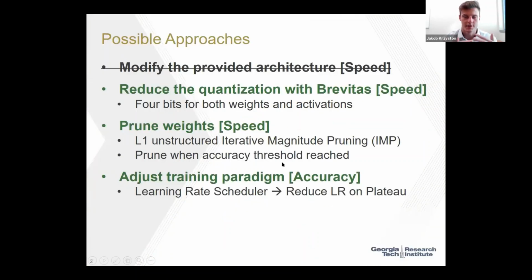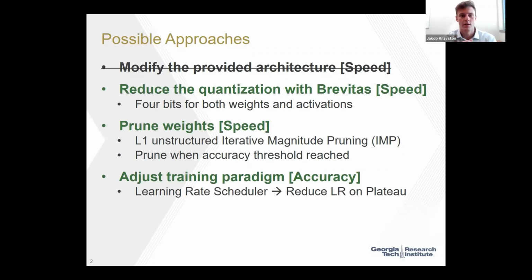So this whole competition is on the premise of balancing two variables, kind of speed and accuracy, kind of accounting for different trade-offs. So we wanted to explore a few knobs you could turn regarding each. So one notable knob you can turn regarding the speed of your network is changing the architecture that was provided. However, we did not change the architecture. We wanted to focus on pruning and quantizing, as that was really what was novel for us on our end. So we had a lot of fun with that.